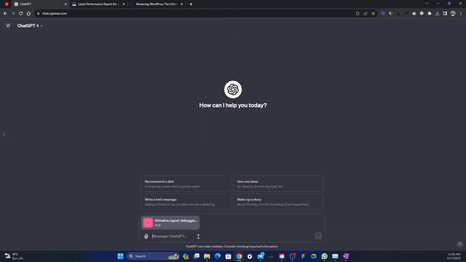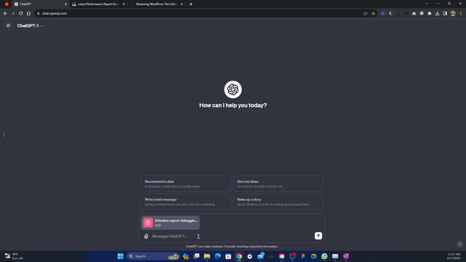And I'm going to ask ChatGPT to tell me what are the reasons from this file. This is a full report about the website. What are the reasons that makes this slow loading time? After that, I can ask him to arrange those reasons in a list, or arrange them from the most impactful item to the lowest, so I can check them and try to solve them by myself or ask someone to